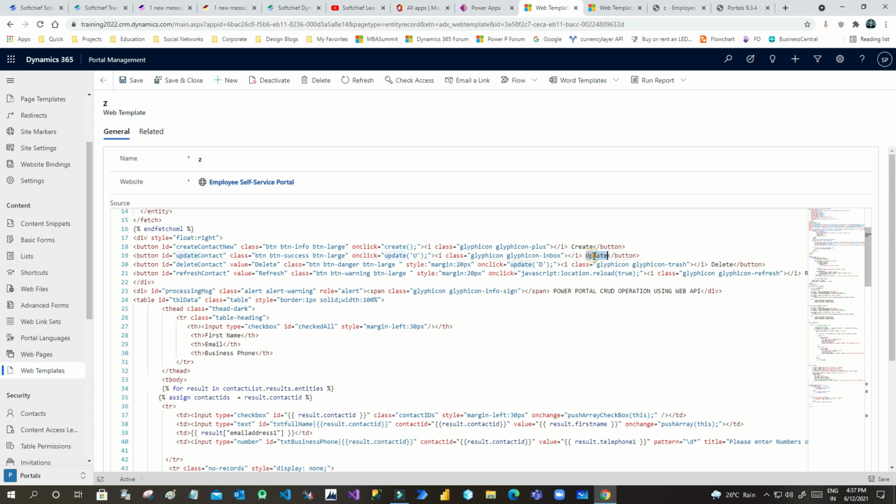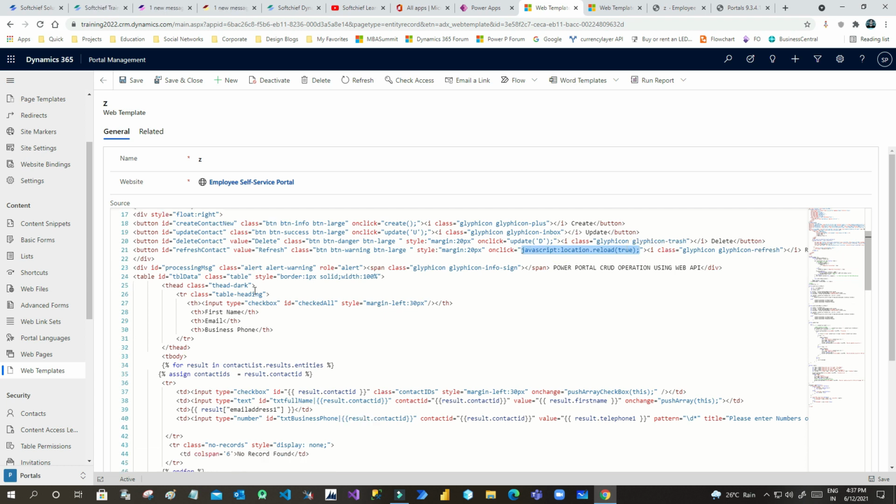Next, for update, I am calling another JavaScript function called update and passing a string parameter u, so that if u is passed as a flag, then it is update. And for delete, I am using the same method, update, and passing d, so that I can identify it as delete. So I am using the same method for update and delete by flag manipulation. Next, for the refresh button, I'm using JavaScript location.reload(true), which will reload the current web page.